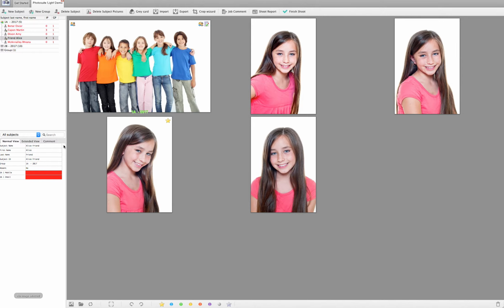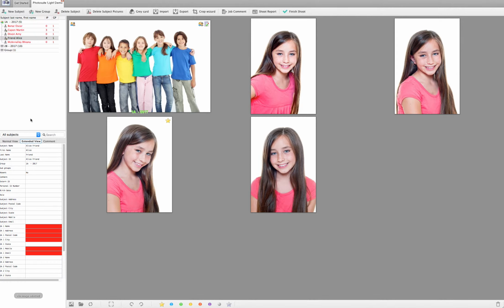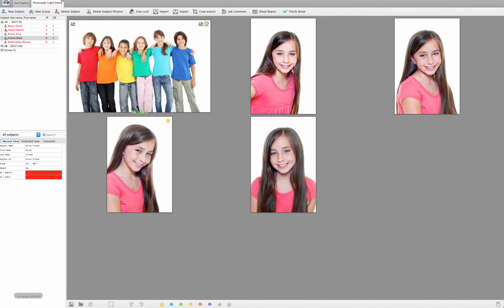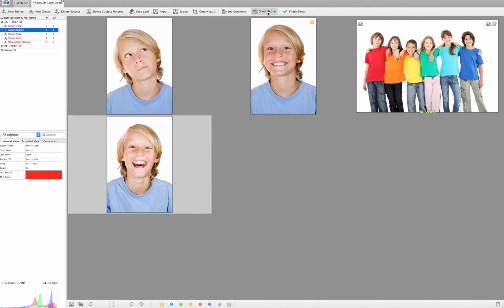If you're interested in working on the fly, you can actually work on the fly as well and fill in data and so on. But for this job, we're just going to keep it easy. So let's pretend that I've gone through the whole school and checked. And now what I'm going to do is finish the shoot